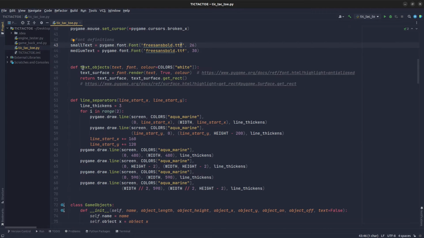Text objects, a function that is helping us to write text on our game. Few links here that might be of interest. I will paste them in the description. In one of my other videos, I have explained how this function works. So if you like, you can have a look in my Pygame trick video, and there you can find some